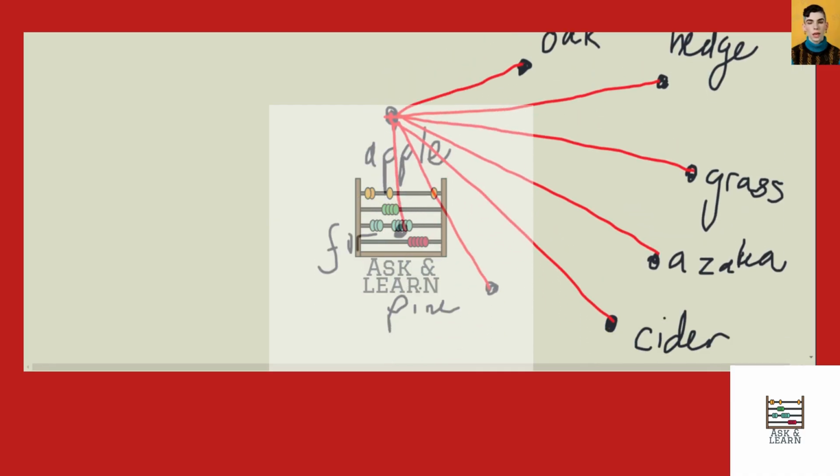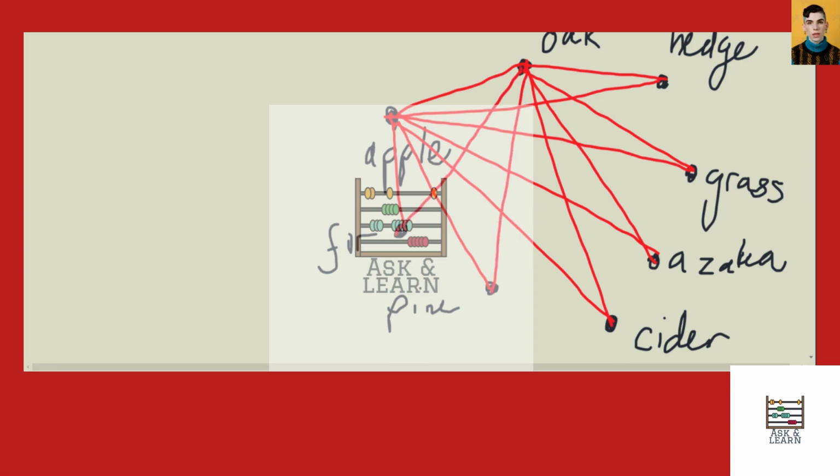We have an edge between oak and hedge, oak and grass, oak and azalea, oak and cider, oak and pine, oak and fir, hedge and grass, hedge and azalea, hedge and cider, hedge and pine, hedge and fir,